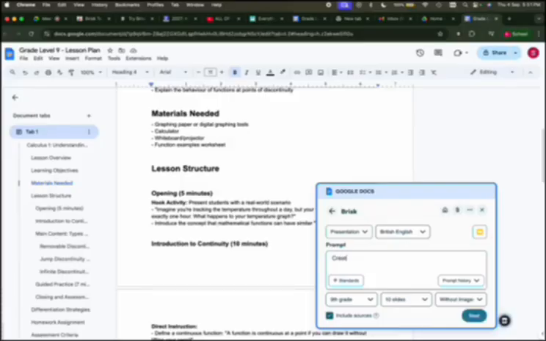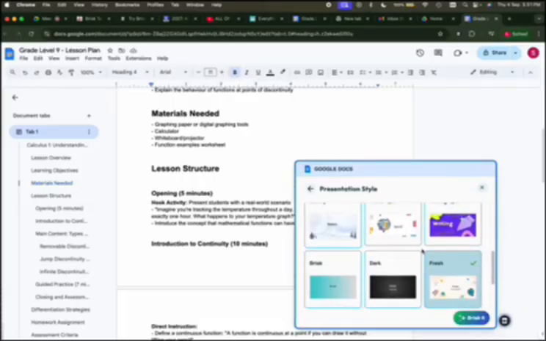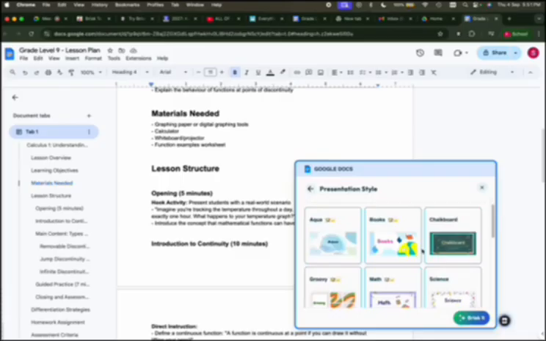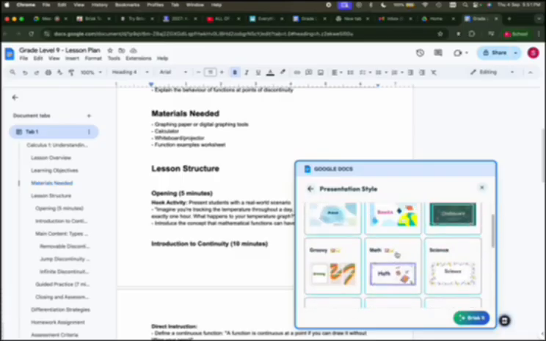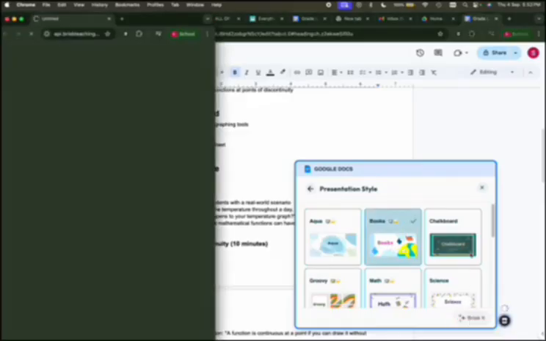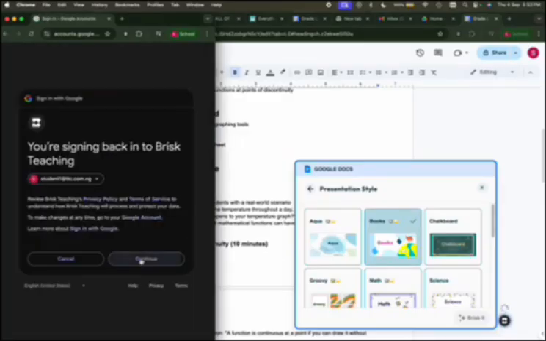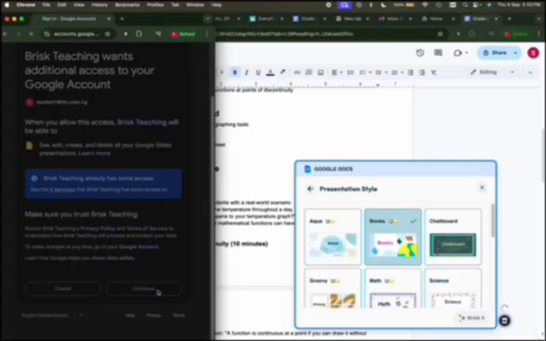I'm asking you to create a PowerPoint presentation from this. Next is you just click on next. There are some templates, so it's not really without image. You have some free templates. So I will choose this template and then I'll brisk it. Again, because it's the first time it's going into PowerPoint, it's going to ask me for control, for access. I continue,